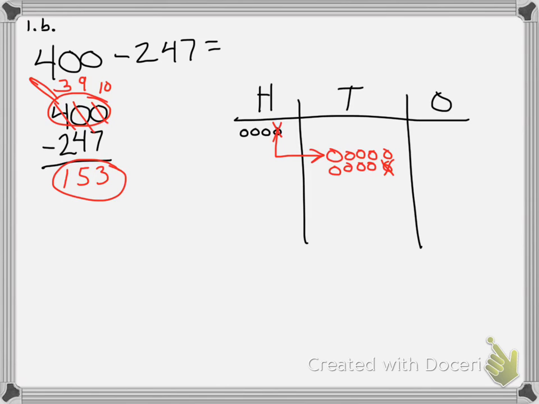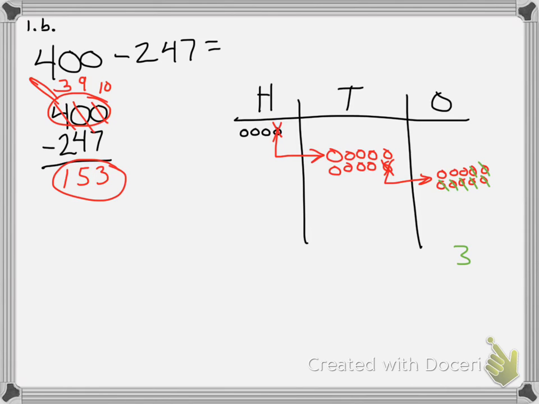But then I immediately have to unbundle one of my tens from that 100, which leaves me with 9 in my tens place. So 1, 2, 3, 4, 5, 6, 7, 8, 9, and 10. And so now I get to come back through and take away 7 from my ones place. 1, 2, 3, 4, 5, 6, 7, which leaves me with